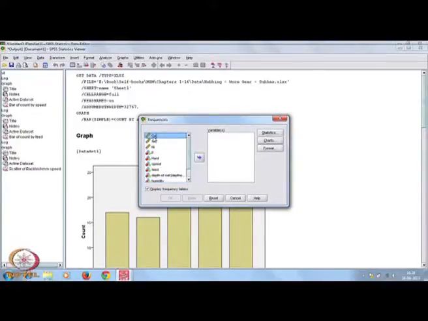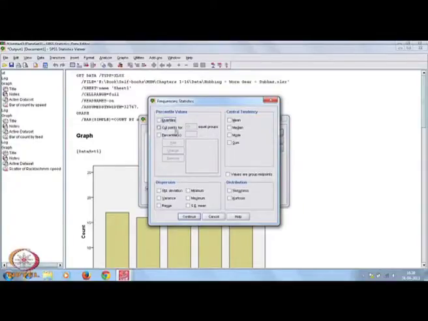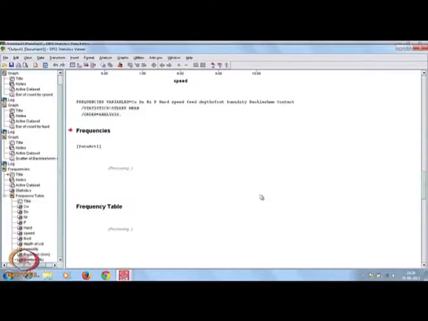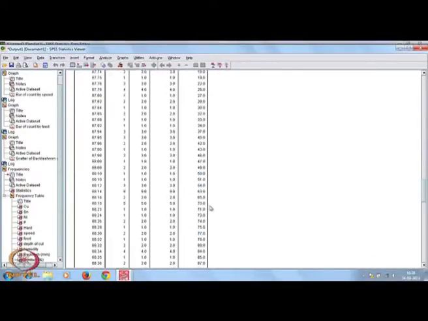First click on a particular variable, then press shift, then click the last one you want to take, and that selects all. Under statistics, there are quartiles, cut points, mean, median, mode, so many things. For example, I want the mean and the standard deviation, these two only, so press OK. You see that for all the variables, the total data points, how many missing values there are, the mean value and the standard deviation, everything is coming.